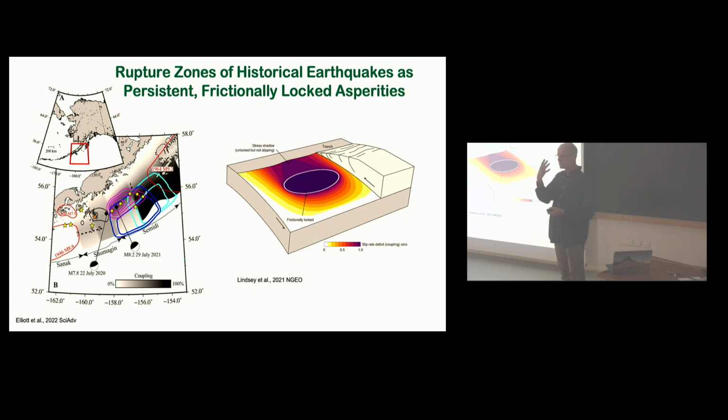So an alternate way of modeling coupling on a subduction zone is taking that concept of these maybe persistent, fully locked asperities surrounded by an aseismically slipping fault, where rather than doing a kinematic inversion for distributed slip, we're saying, let's lock the parts of the fault that we know have slipped in recent earthquakes, right? And then solve for the slip rates surrounding those, given that depending on how much of the plate boundary is locked and where it is locked, the slip rate surrounding that will be varying based on the loading stresses applied to the system and the pinning